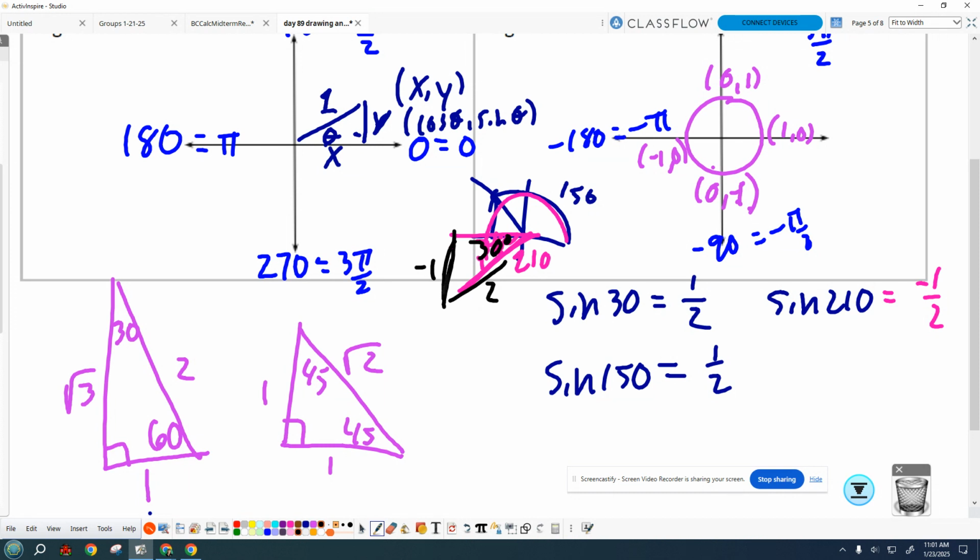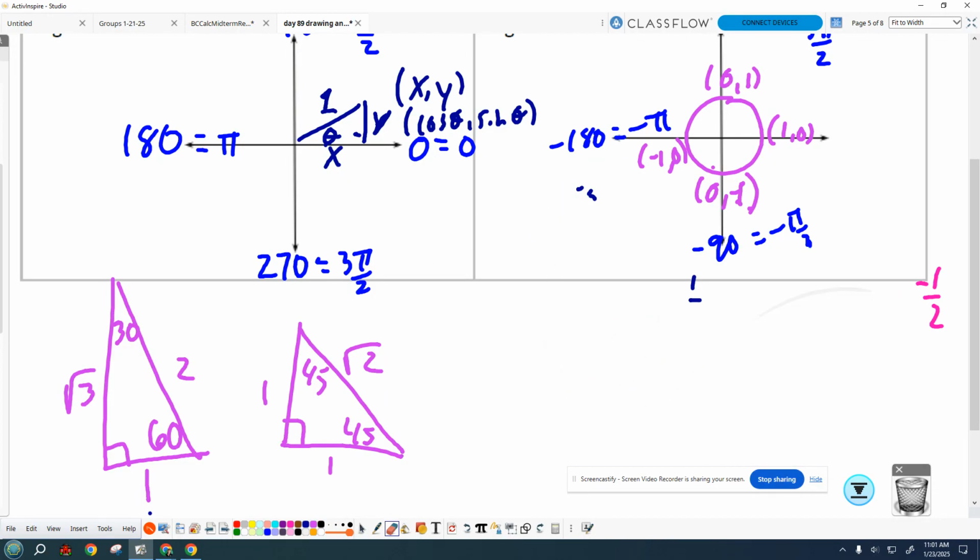I see it more as this is below the x-axis, so the y value is going to be negative. But whatever works for you. And remember we said this: x, y, cosine, sine, alphabetical order. So, looking at this,